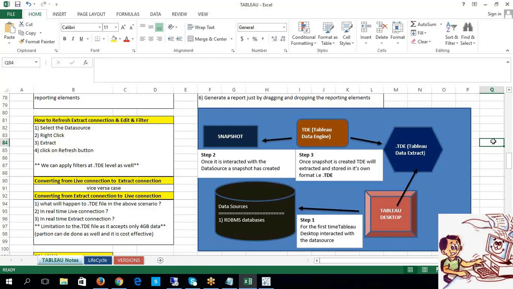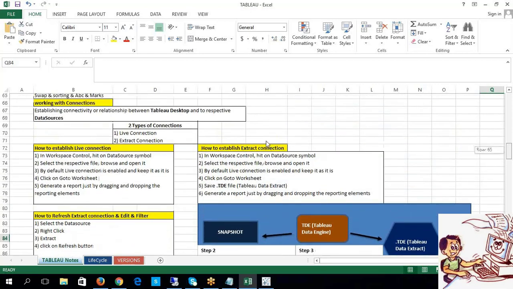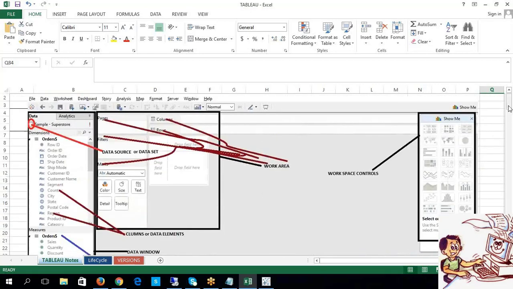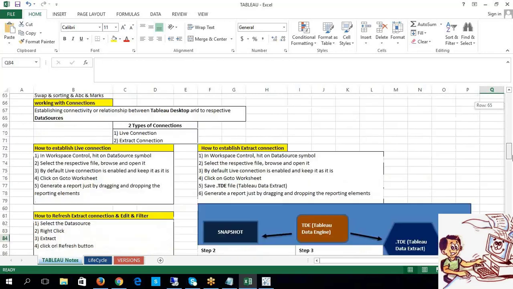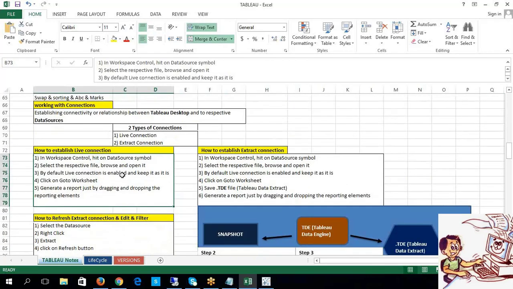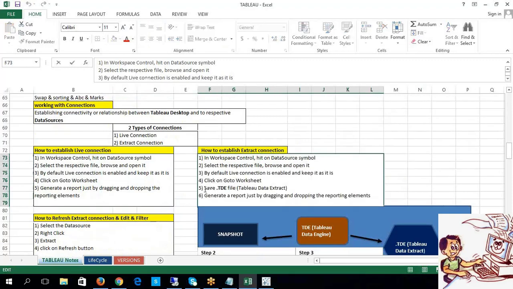Look at this. See guys, the steps while creating a live connection or an extract connection are the same, but what differs is, in a live connection we do not have a .tde file, but in an extract connection we do have a .tde file.